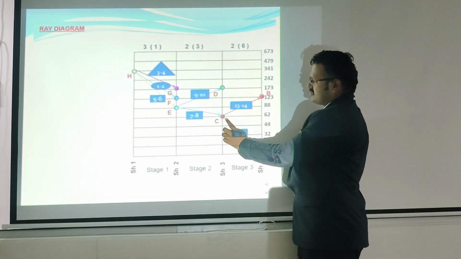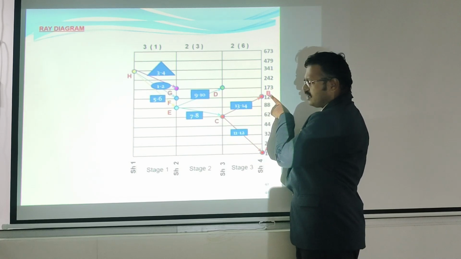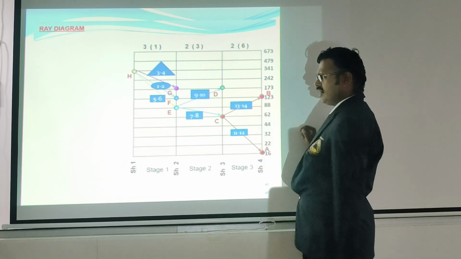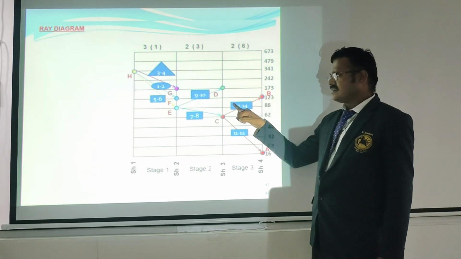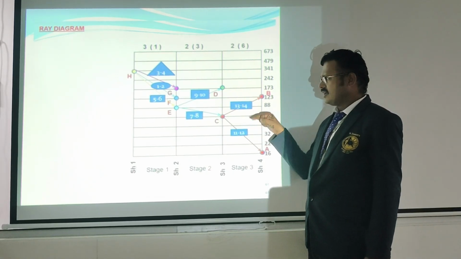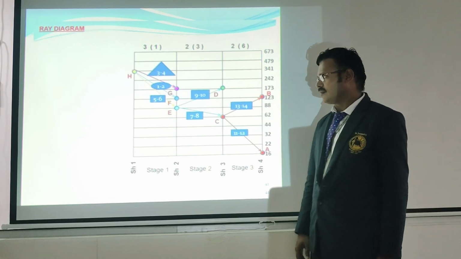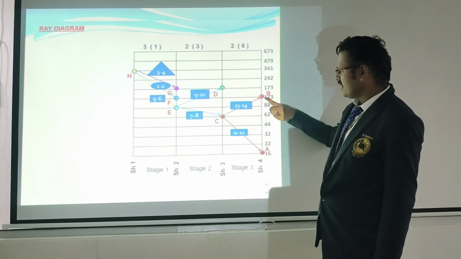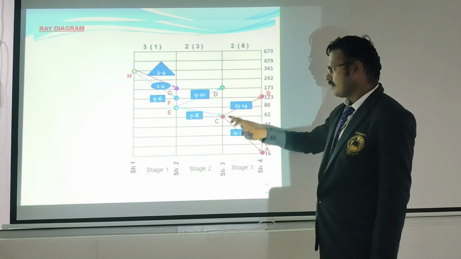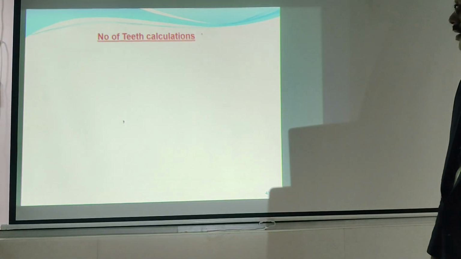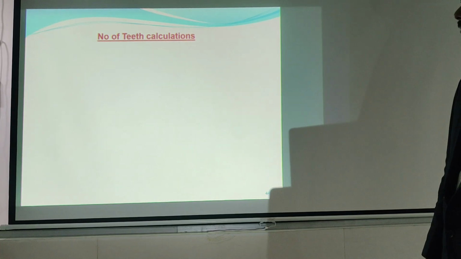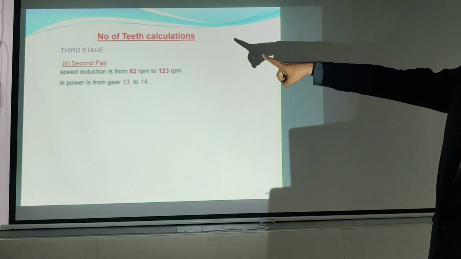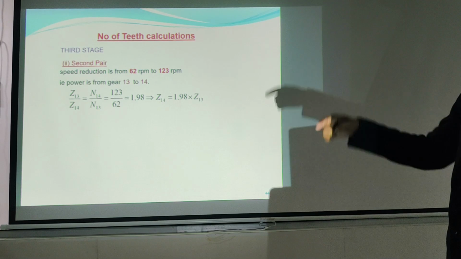So the input RPM is 62 to 123. The gear arrangement is 13 to 14. So now I have to choose the formula as Z13 divided by Z14 equal to N14 divided by N13. That formula I have to choose. So Z13, N13 speed is 62, N14 speed is 123. Third stage, second pair, 62 to 123, the gear is 13 to 14. So Z13 divided by